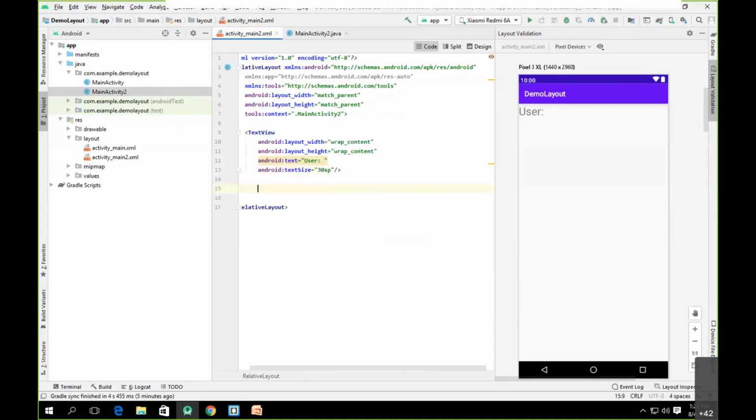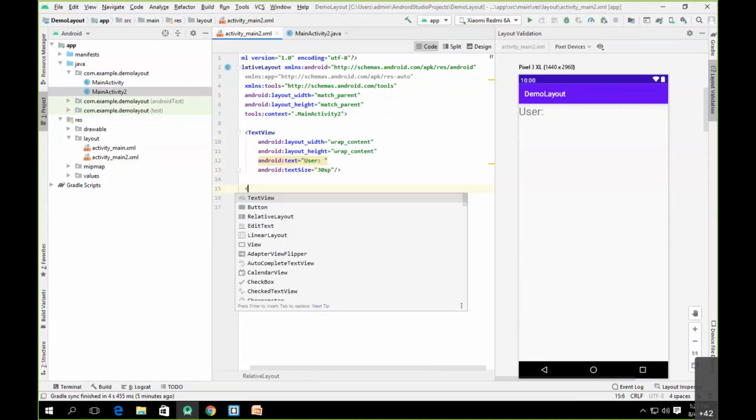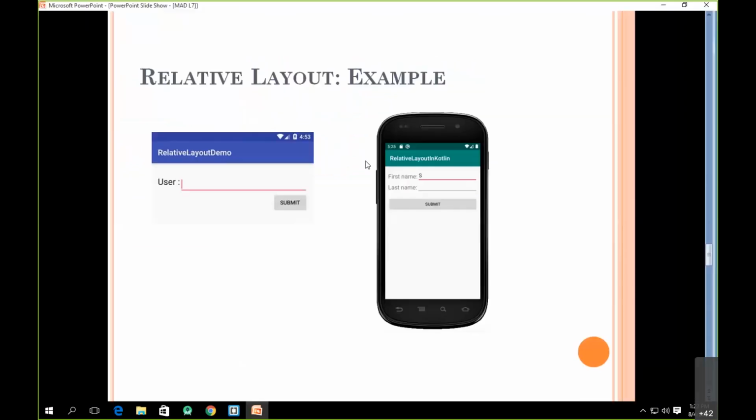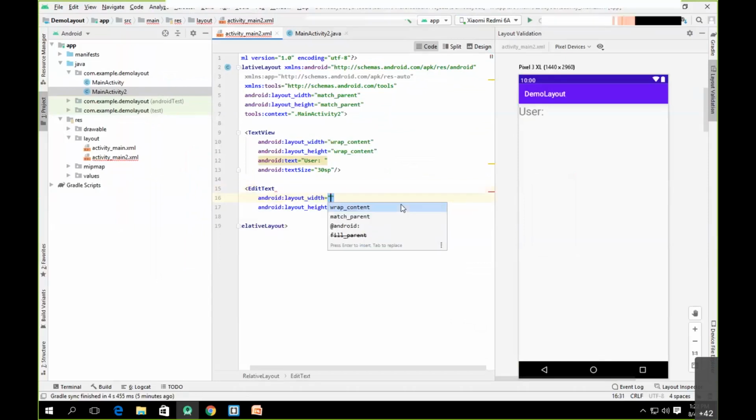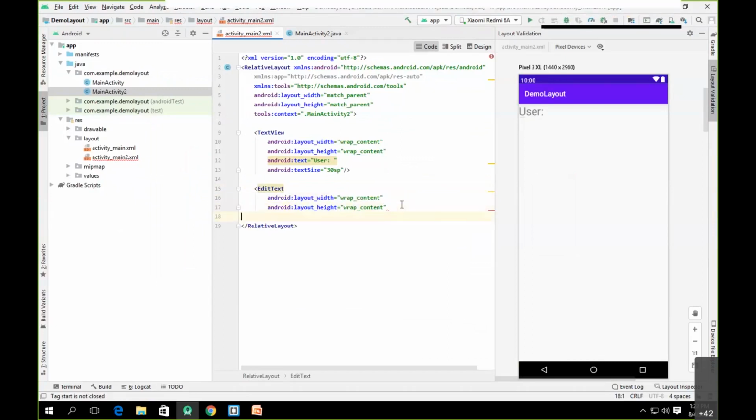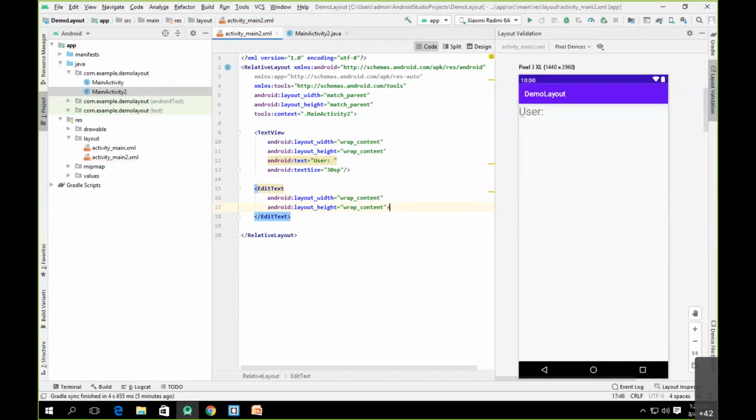Now let's add one more thing, which is nothing but the input control, which we call in Android's language an edit text. So let's say edit text whose width is wrap content, height is also wrap content. Okay, and let it stay as it is.